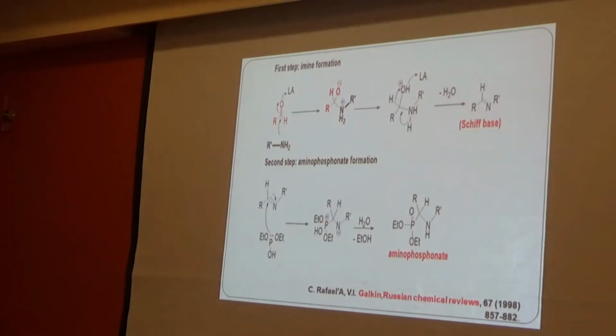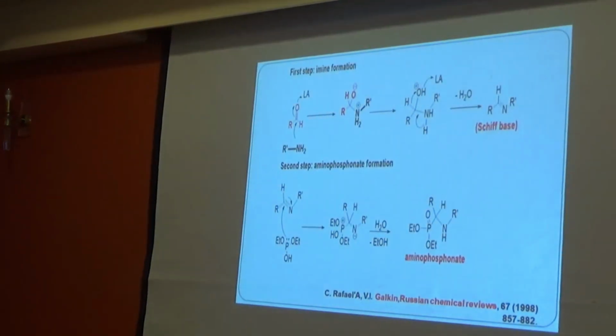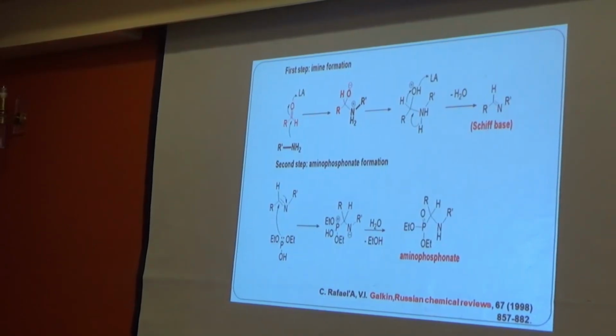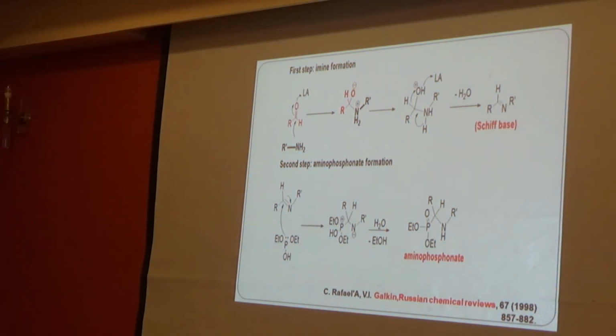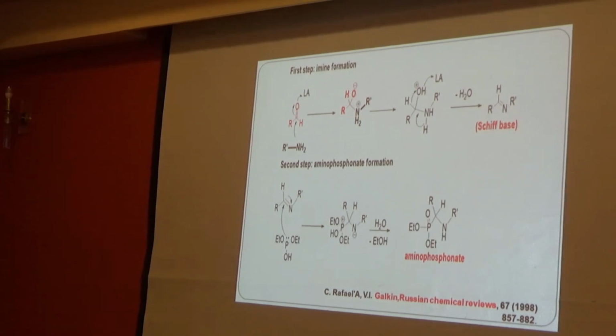So we perform our reaction: aldehyde, acetohydrazide derivative, and dialkyl phosphite in iron triflate, dichloroethane at reflux temperature to form 13 aminophosphonate derivatives, using varieties of aldehyde to study the structure relationship. The mechanism of this reaction: first, condensation between aldehyde and amine to form the imine structure. Then, attack of dialkyl phosphite on the C=N double bond to form aminophosphonate.